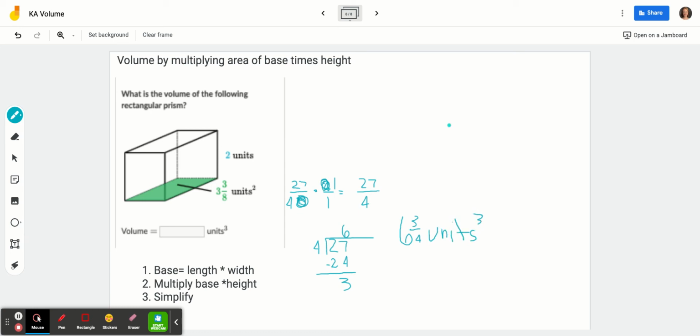Raise your hand when you get 100 on this assignment. I think there's only 4 questions, right? Okay. Oh, I just assigned them all at the same time. This was volume by multiplying area of base